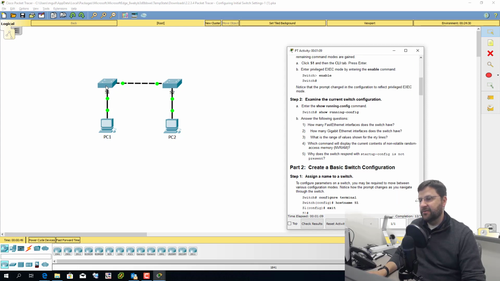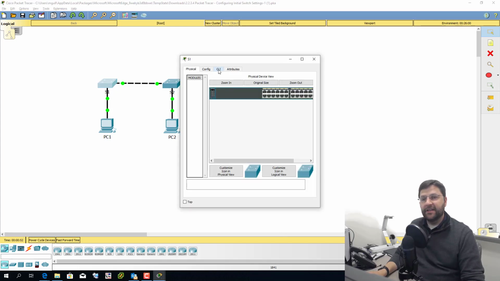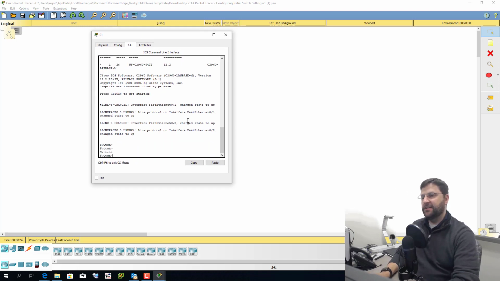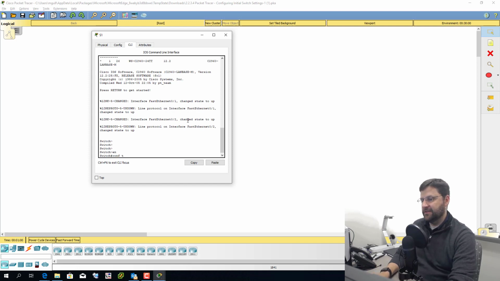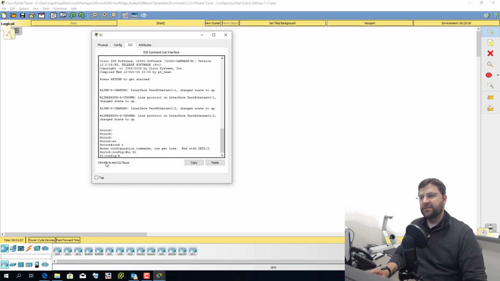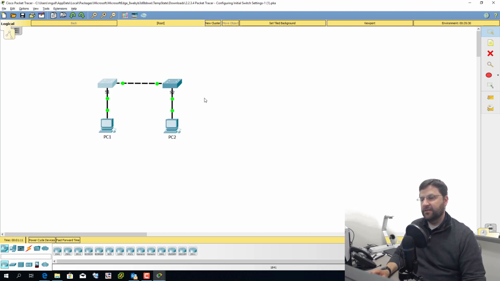It's going to tell you, maybe I need to click on a switch and click on the CLI tab. CLI stands for Command Line Interface. This is where I can type in some commands to configure the switch. I can type in enable and config t, and I can say hostname S1. There we go. So I've changed the host name of that device using a few commands. And then I can click close.